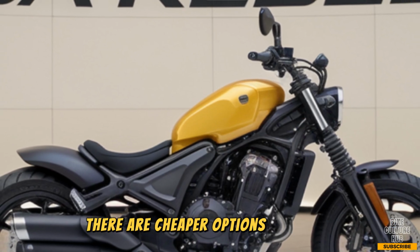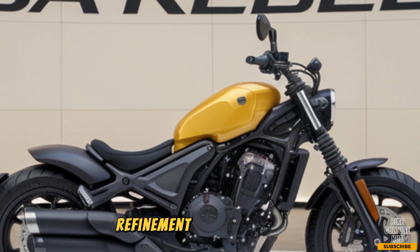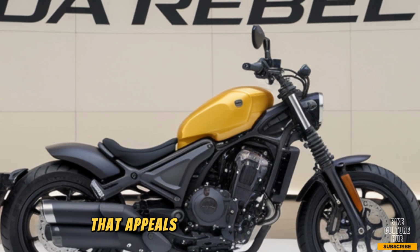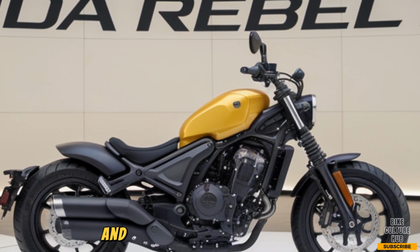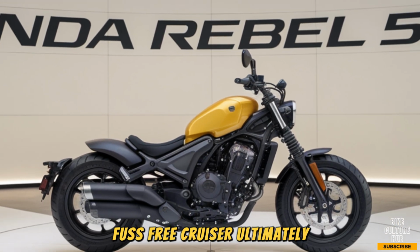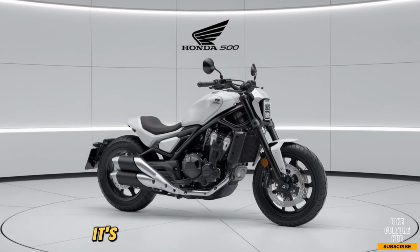There are cheaper options out there, sure, but few match the Rebel's combination of style, refinement, and real-world usability. It occupies a sweet spot in the market that appeals equally to first-time riders and veterans looking for a fun, fuss-free cruiser. Ultimately, what makes the Rebel 500 special isn't just its specs or looks, it's the way it all